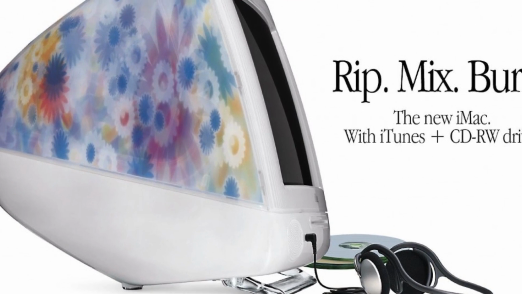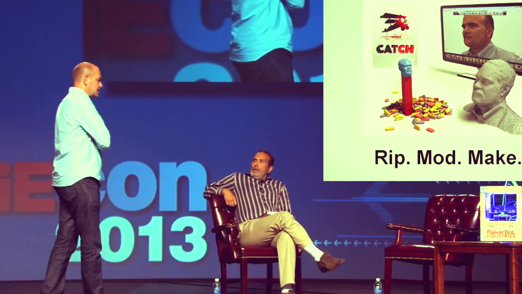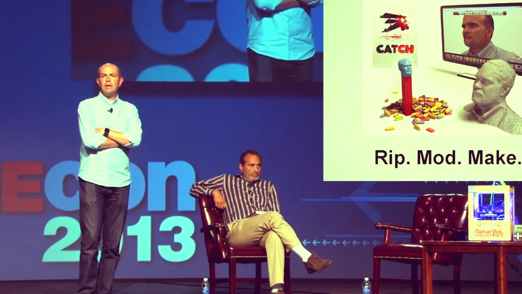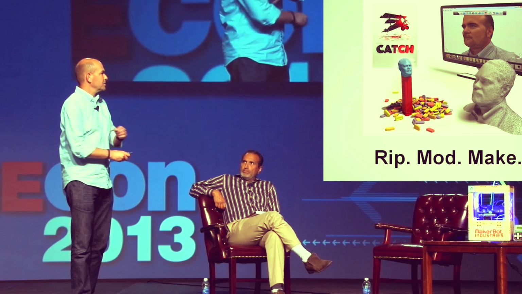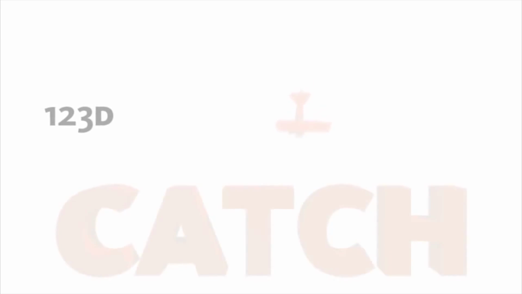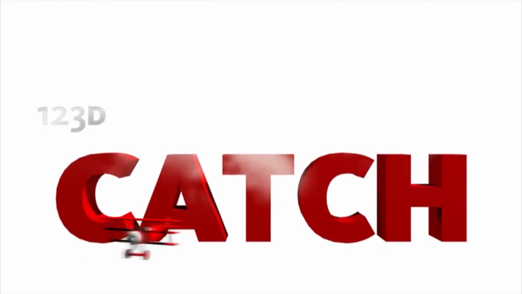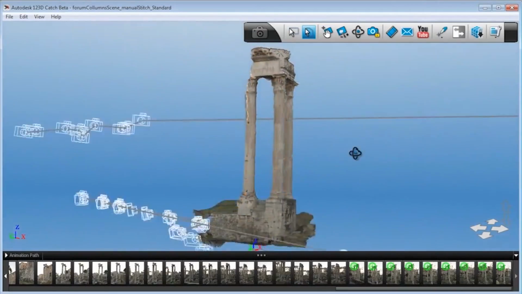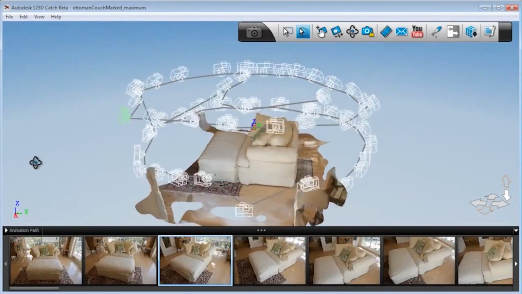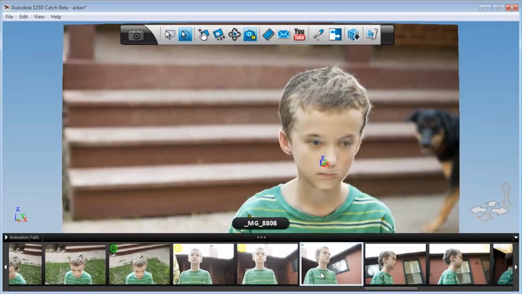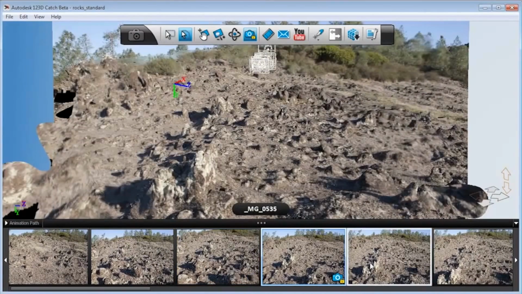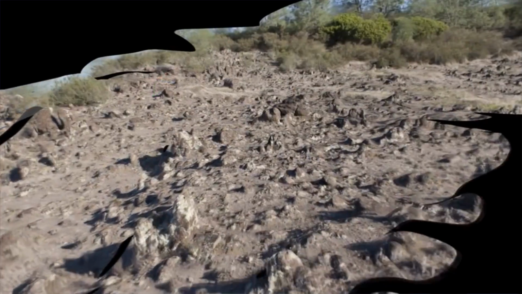Ten years ago, the motto was rip, mix, burn. Changed the music industry. The idea that regular people were empowered to take commercial products and make them their own. Now Autodesk's slogan and others in this space is rip, mod, make. What does it mean to rip reality? And the answer is reality capture, 3D scanning, 123D Catch. It's free from Autodesk, and it'll turn your phone into a 3D scanner, and you just go, as you see up here in the picture, you go around an object with a camera, click, those pictures get uploaded to the cloud, turn into a polygonal mesh. You can then download the mesh, put it in your other free software, 123D Design, and there's others, some of them web-based. You can then change it any way you want and send it to the 3D printers I'm doing now and create a Pez dispenser of your head or anything else.